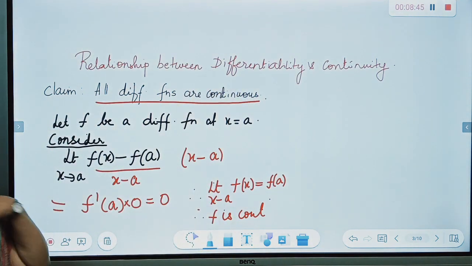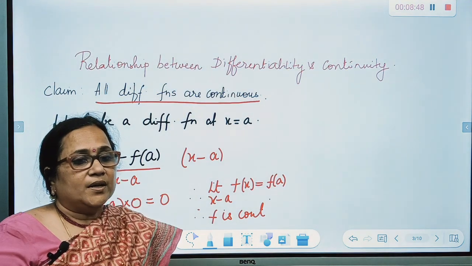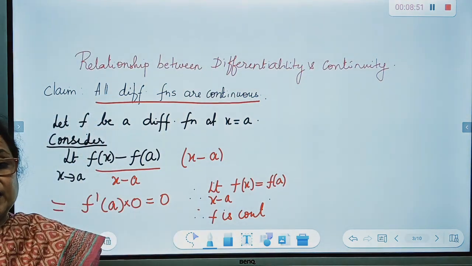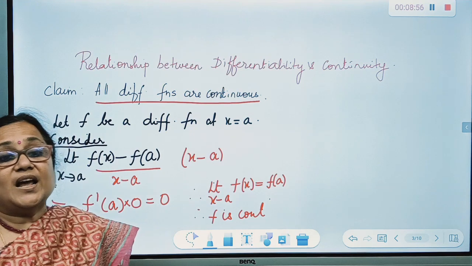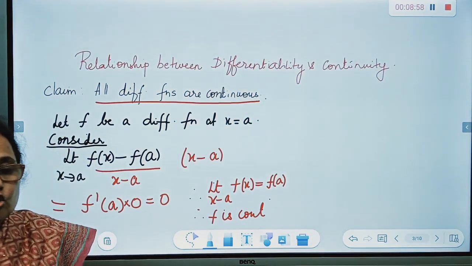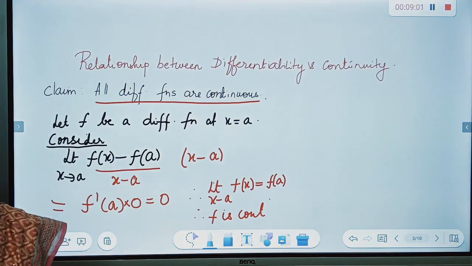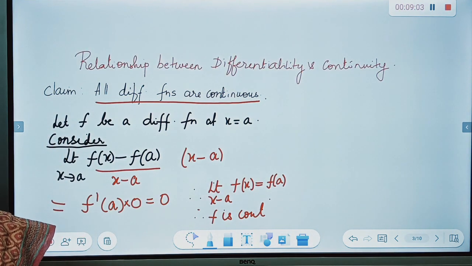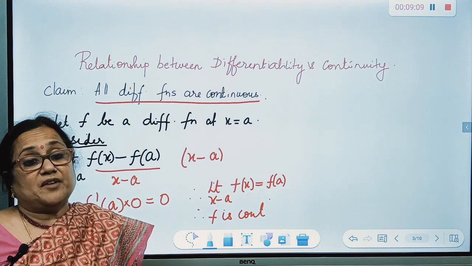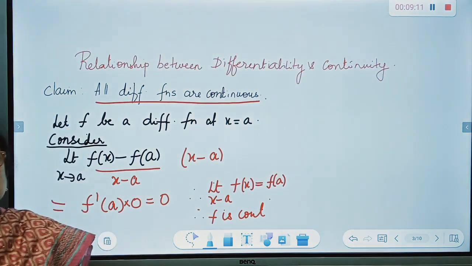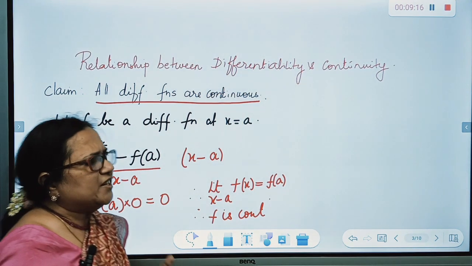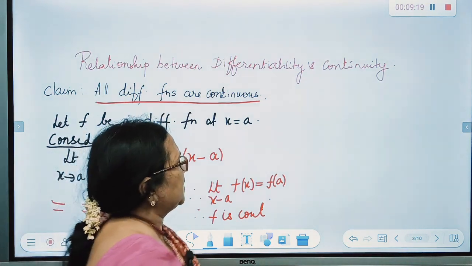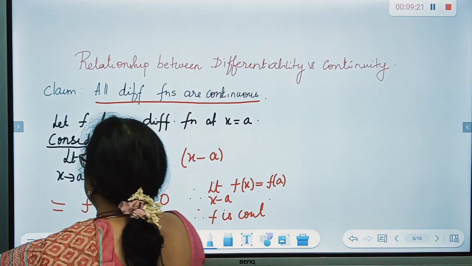I have also told you that when we define a continuous function and look at the informal definition, if you can draw the graph of a function without lifting your hand, you are looking at the graph of a continuous function. There are no breaks in the graph. Similarly, if there is any sharpness in the graph, if there are points where the graph is sharp, then we say at those points the function is not differentiable. Okay, so the very commonly used example is that of f of x equal to mod x.